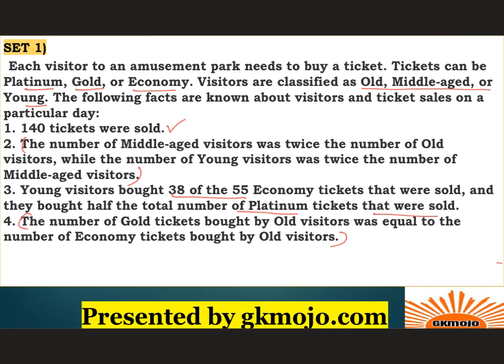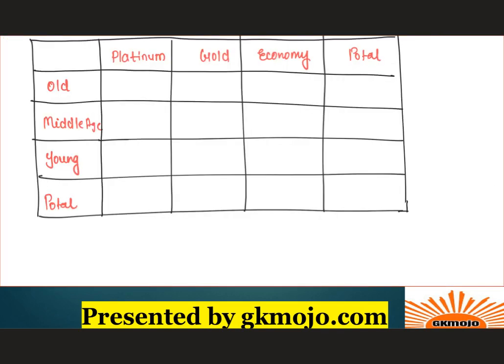Let's get started with the table straight away. So I've made a table for the previous set that we just read. This is a proper format, and this will help us solve the table in the most convenient and easiest way. The first foremost step in solving any data interpretation set is forming the data well in a tabular form. The data representation should be in the best possible way which is feasible for you to solve.